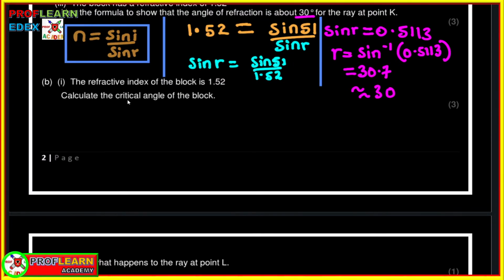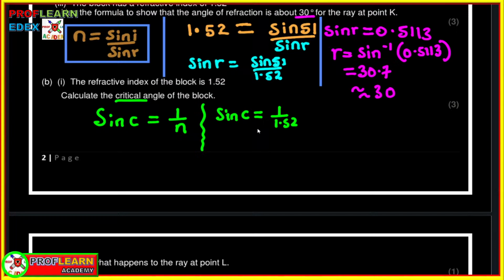Since we are finding the critical angle, we're going to say sine of the critical angle is equal to 1 over the refractive index. So sine of the critical angle is equivalent to 1 over 1.52. If we divide this, what are we going to get? 1 divided by 1.52 is going to be